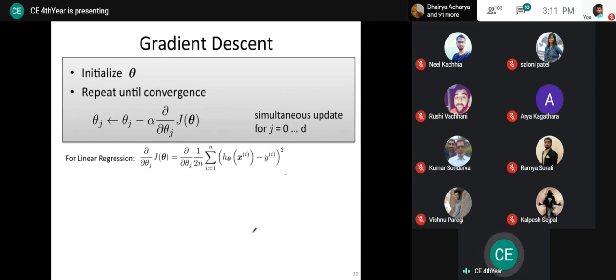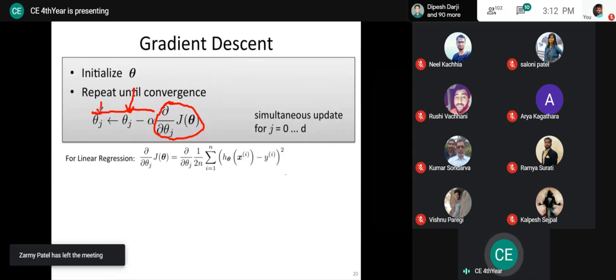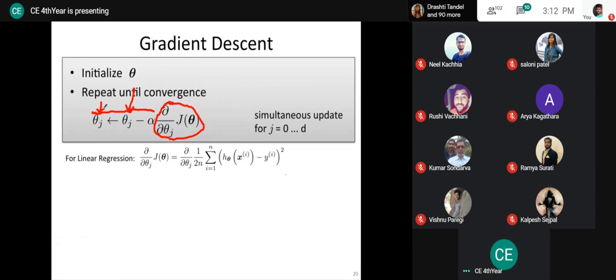Fine. So now let's see the calculation quickly. Let's just focus on this partial derivation part, because this terminology, I hope it's clear. Theta, whatever is this previous theta value, we are updating with some parameter alpha times something, right? And this will be the new theta value, and as I have discussed, we will update all the theta values at the same time. That is not the scenario that I will update a single theta value, then the next, and so on. Instead, we'll update all the theta values at the same time.